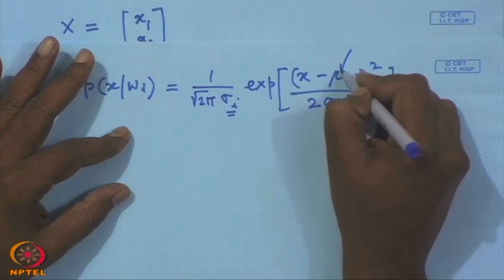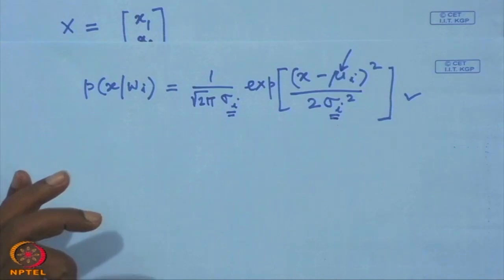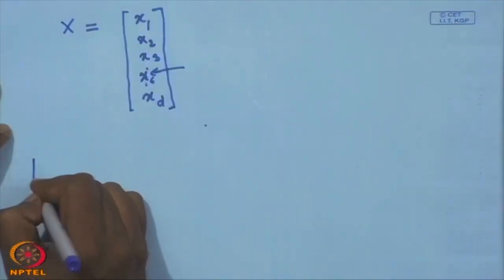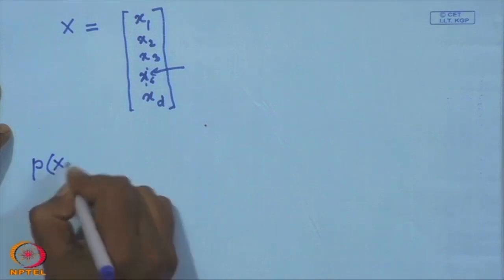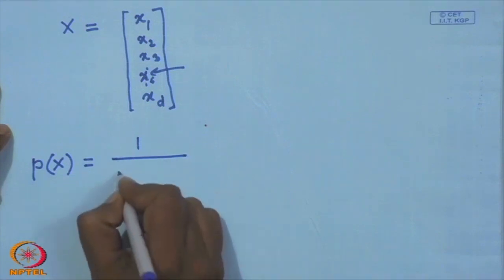Similarly, this mu I, instead of being a scalar value, will now be a vector value, because it has to capture the mean of component x 1, the mean of component x 2, the mean of component x 3 and so on. So, this mu I will again be a vector, the mean vector of the samples taken from class omega I. As a result, the probability density function for a vector will simply be P of x is equal to 1 upon